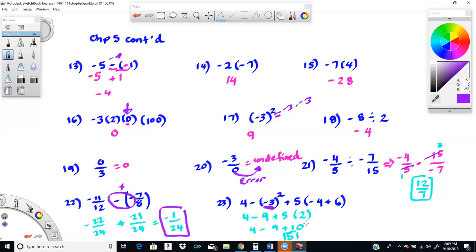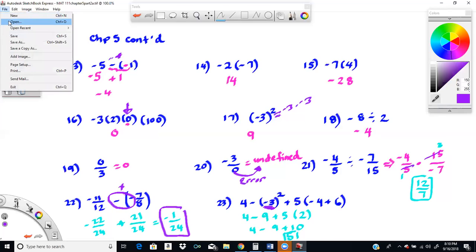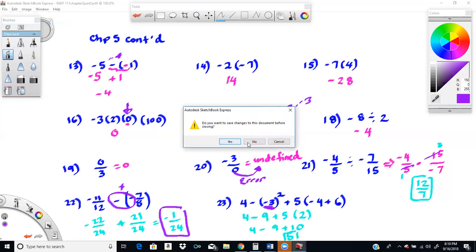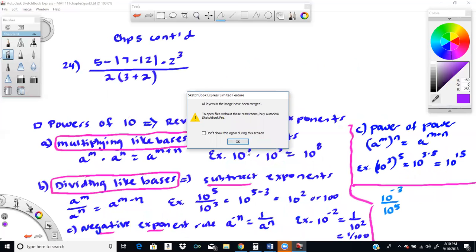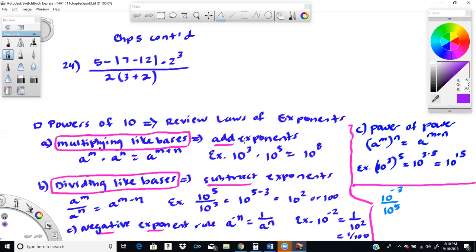Okay, so hopefully you were able to follow along with that. All right, so let's move to the next slide. Let's see, I think it's 3. All right, so continuing on, this is your next problem